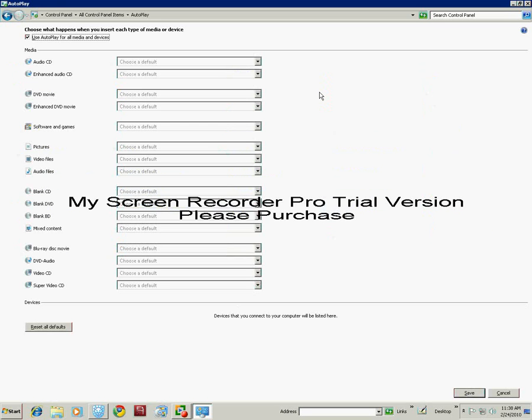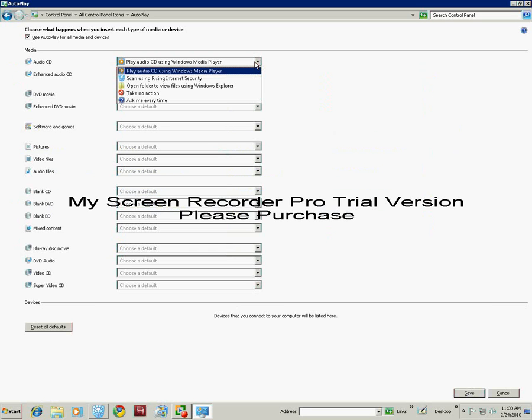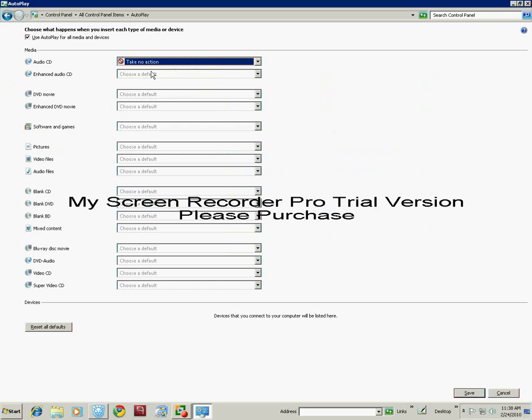Most people understand that whenever you put a CD disc in of music or a video or something like that into your desktop computer or your laptop, you can set the CD to, for instance, you want to play music and you want it to play on your Windows Media Player, you can set it by audio CD to play on that, or you can leave it by default. Okay, or